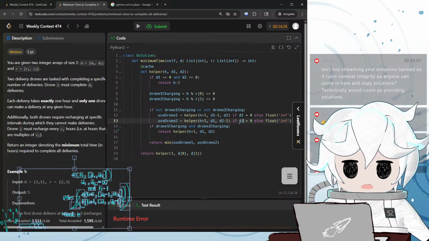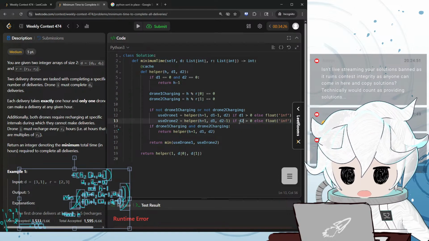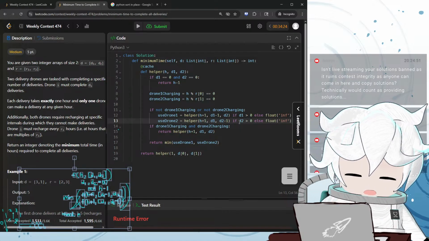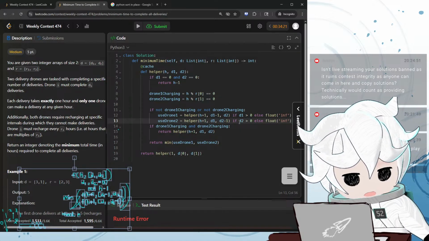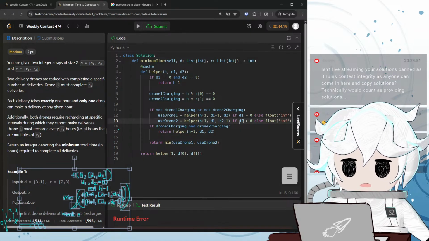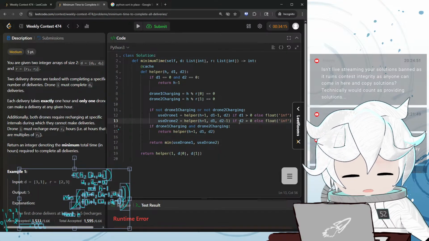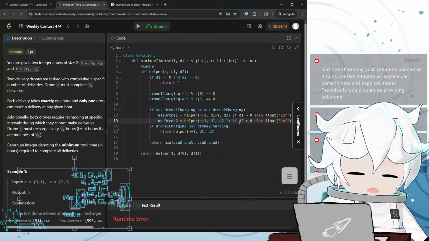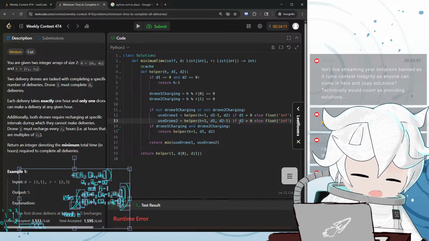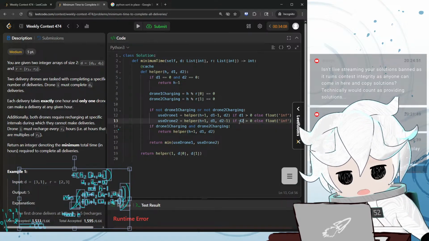Yeah, I actually sent LeetCode a ticket asking if it's okay for me to live stream this. They have not replied to me. So, yeah. I did read the consequences of sharing solutions. Your ELO points are going to reset to 0, your coins are going to get reset to 0, but